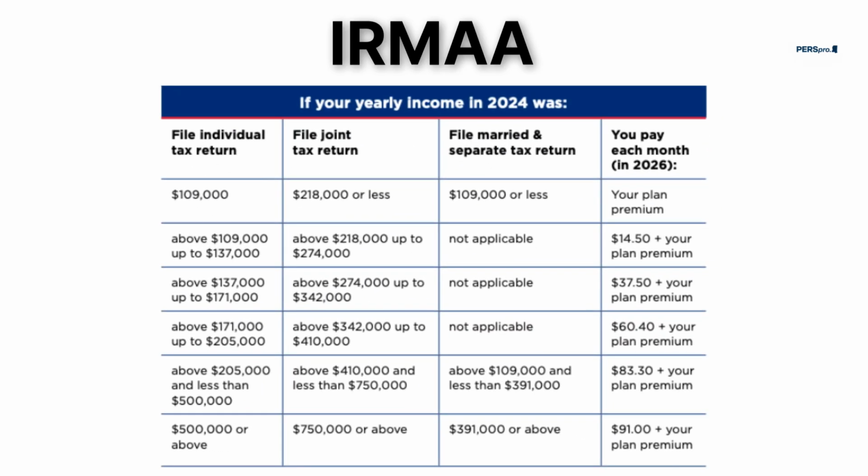As you can see in the second table, most people will pay the standard monthly premium for Part D coverage. But once an individual's modified adjusted gross income crosses that $109,000 threshold, or $218,000 for those filing jointly, the costs start to climb again, although these increases are a lot less for Part D than the increases we just saw